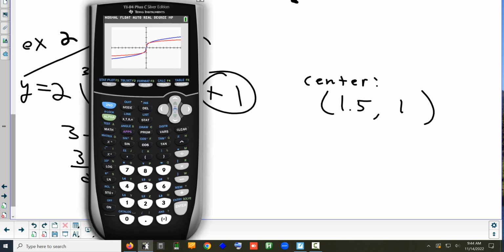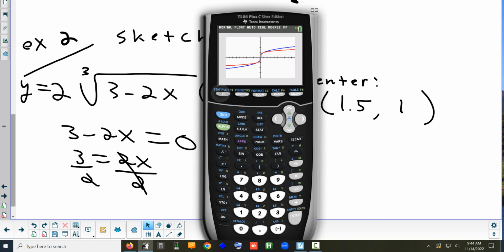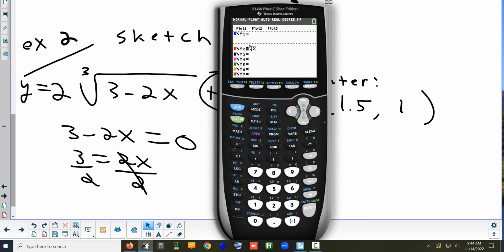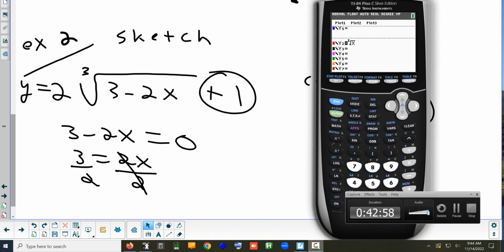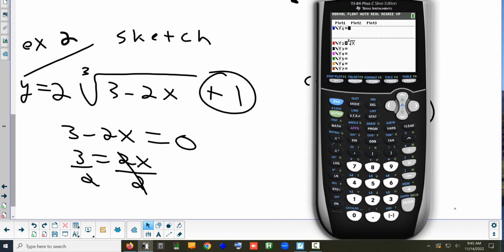Let's clear out anything else that's in there. And I need 2 times the cube root. You pretty much type it in exactly the way you read it. 2 times, put in your index, math 5. So 2 times the cube root of 3 minus 2x